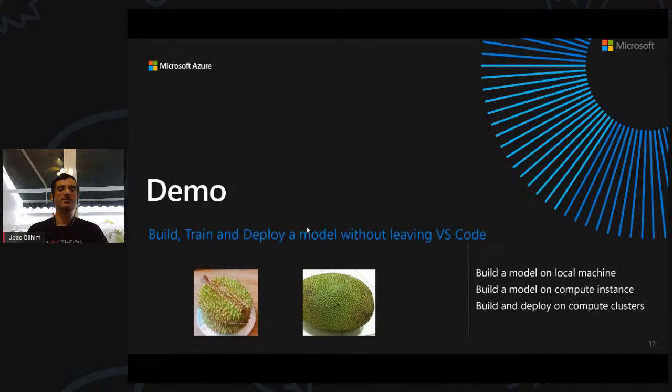I'm always mixing up both of them. I think they're really easy by now. I think I can tell the difference, but I don't think I could before I did this demo. So let's see how it goes. Again, the demo will, based on an image, let us know whether it thinks it's a jackfruit or a durian. And it doesn't know how to smell it, so it only has to rely on what it can see.